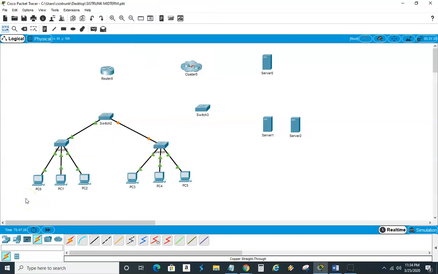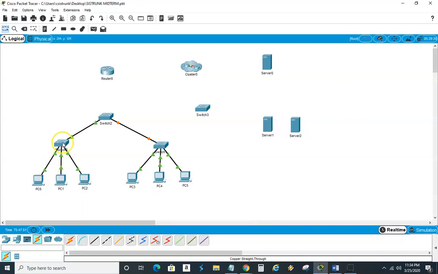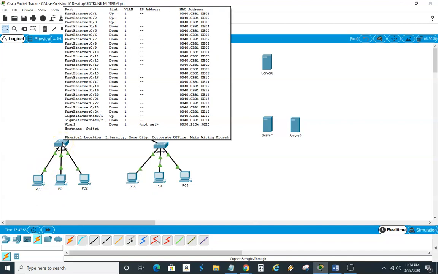Okay, so one of the things I want you to know, if you want to make sure everything is lined up correctly, you can just put your mouse pointer over the particular device. Remember that word, device. And you can see here it says fast Ethernet 0 is up. Okay, if I come here, this is going to tell me, okay, we got up 3.